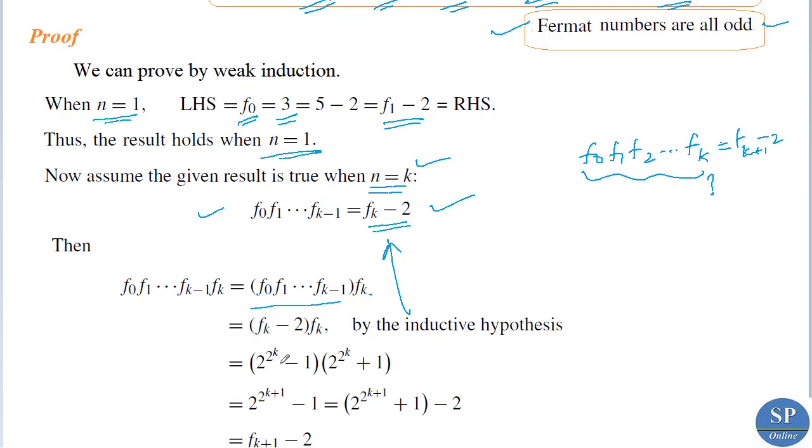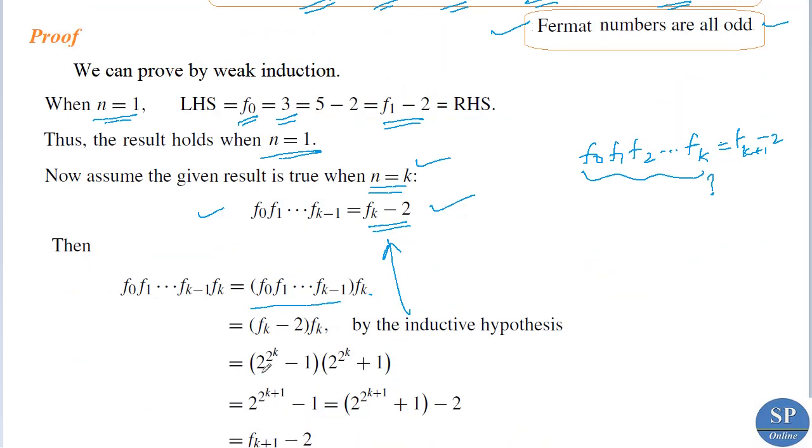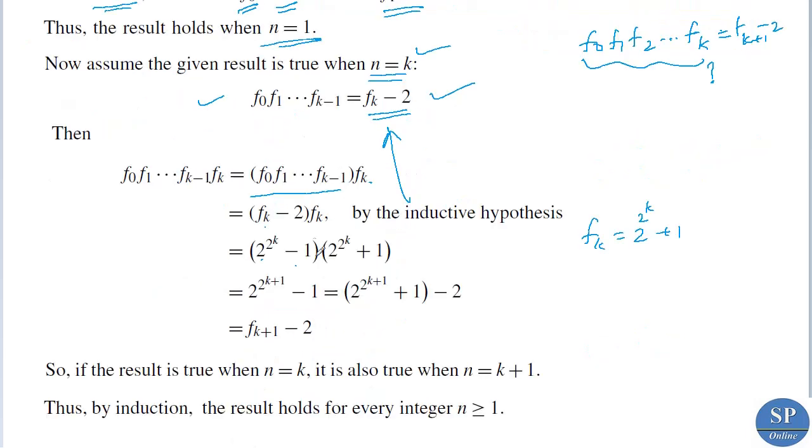This is by the definition of the Fermat number. We know the Fermat number is of the form f(n) equal to 2 power 2 power n plus 1. So f(k) is equal to 2 power 2 power k plus 1. So this is nothing but (2 power 2 power k plus 1 minus 2), that is minus 1, into (2 power 2 power k plus 1). Clear? Now (a minus b) into (a plus b) is a square minus b square. So this is equal to (2 power 2 power k) whole square minus 1 square.